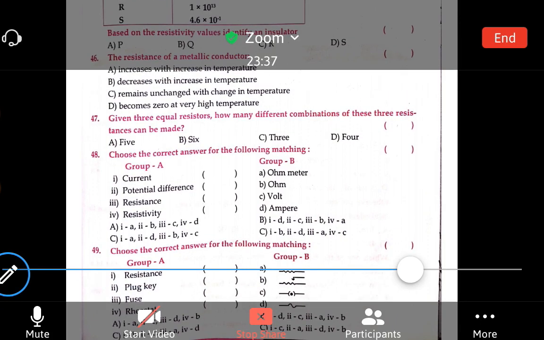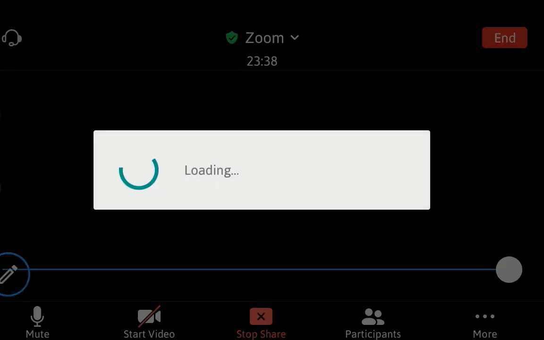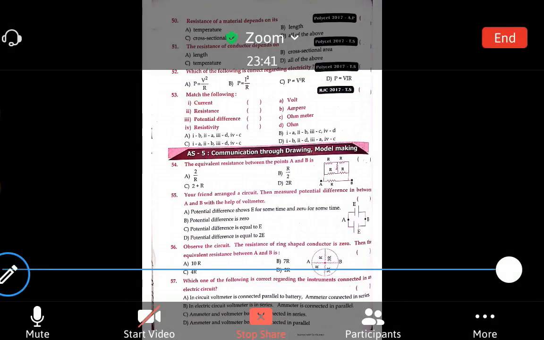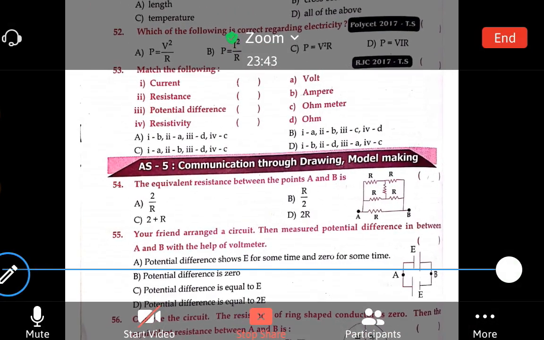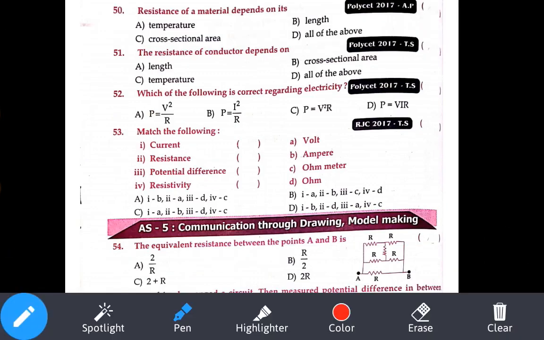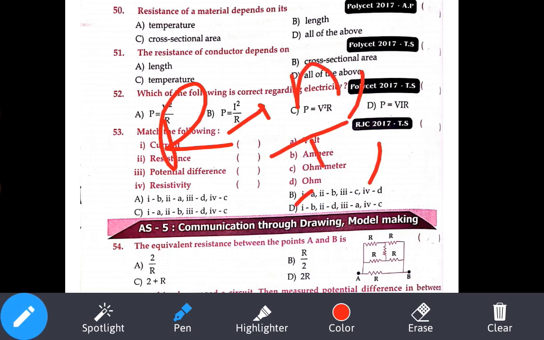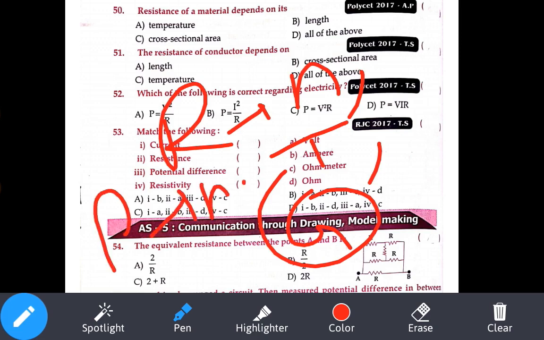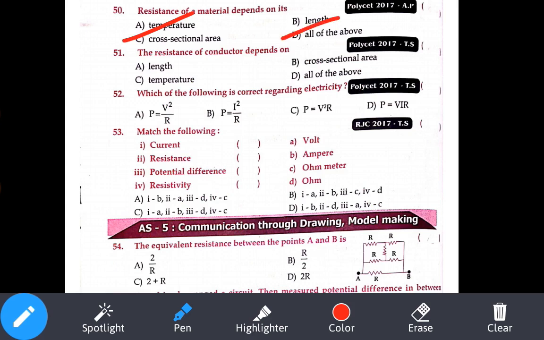Let's see the next question. Last question. There are still more, but I will not be saying them in this class. This is our set A question. 50 questions, otherwise you'll get bored if I see more questions. So resistance depends on what? Just now I said resistance depends on 3 factors: nature of the material, temperature, and geometry of the material, like length, area. And resistivity depends on 2 factors, nature and temperature. So temperature is correct, length is correct, area is correct. So the answer is all of the above.